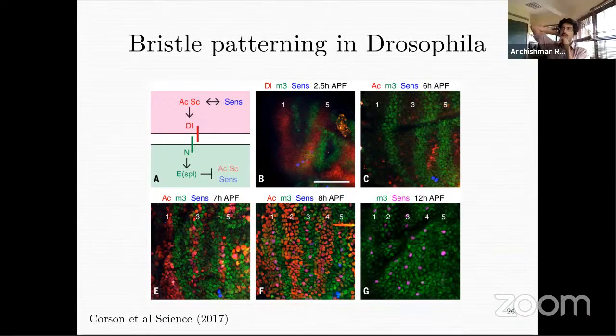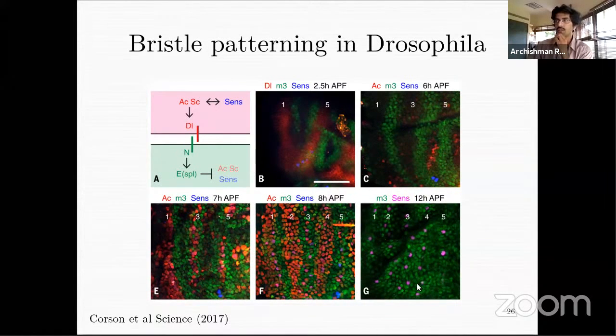This is in Drosophila, and it's in the back of the fly. You get these sensory organs, and this is at some stage after pupa formation. You image, and then you see these fluorescent markers, and these dots are sensory organ precursors, which are on a layer of epithelium. These are the sensory bristles that form at the back of the fly, and you're imaging this at a certain stage of development. And again, it goes through this Notch Delta signaling pathway,